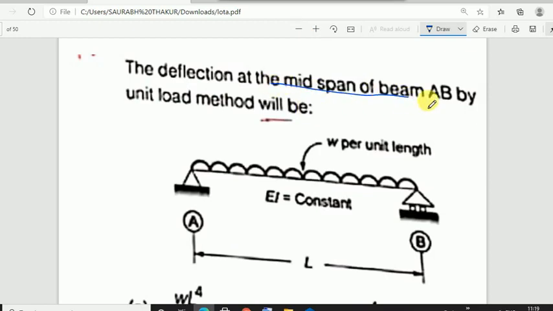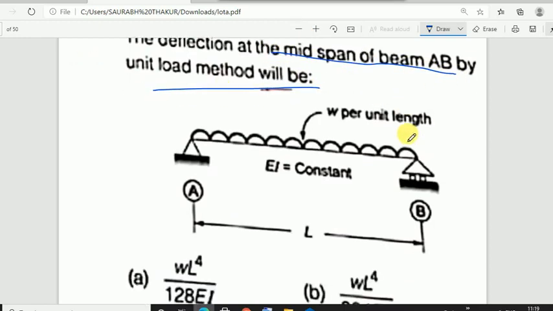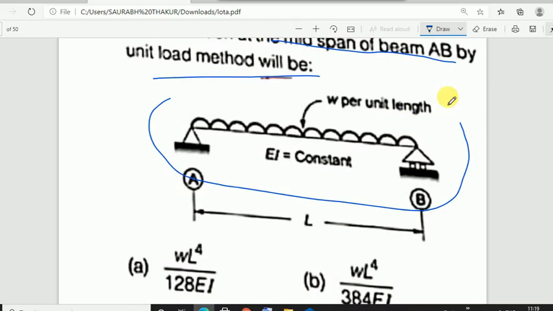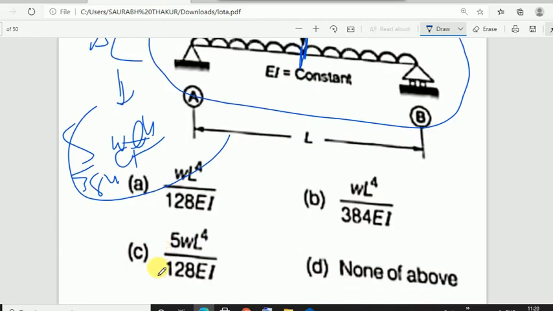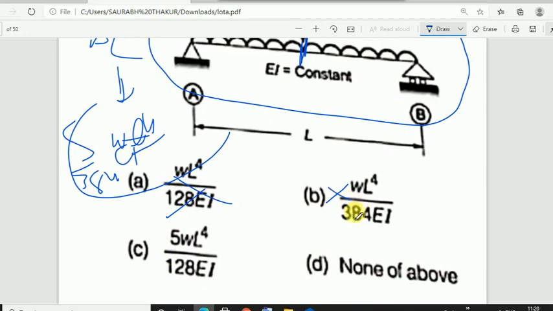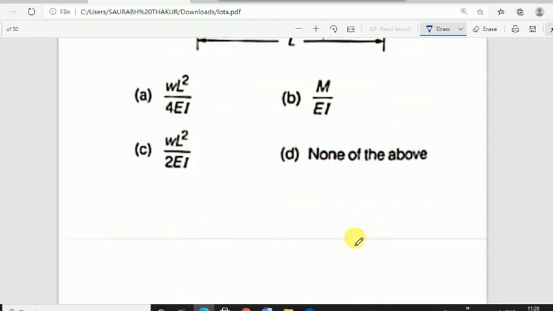The deflection at the midspan of beam AB by unit load method. Actually, a simply supported beam is given having UDL throughout the span. You just have to calculate the deflection at point C, and you must remember the formula 5WL to the 4 upon 384EI. No, this option is not matching, means none of the above. Okay,